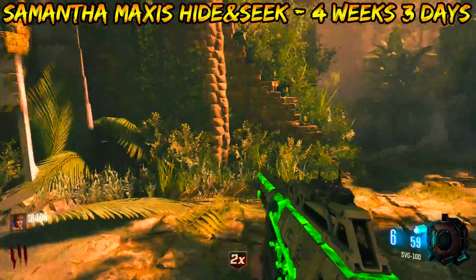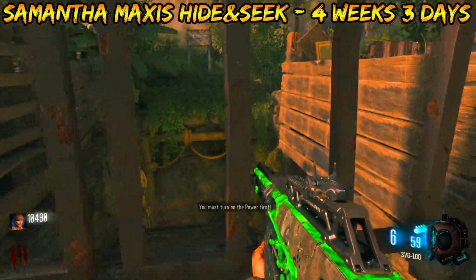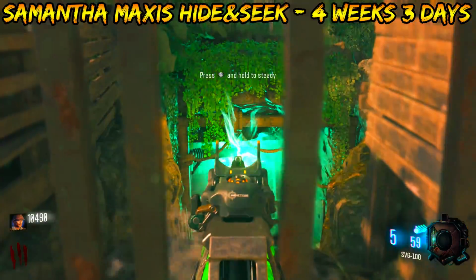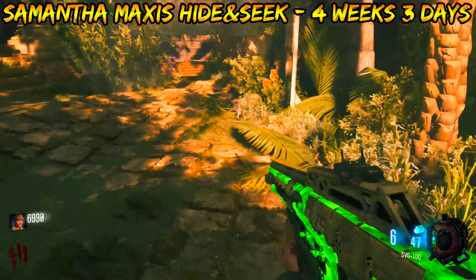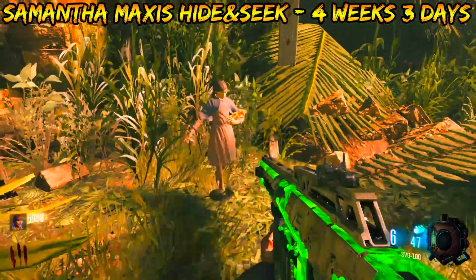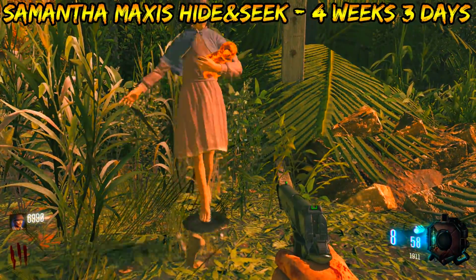go and find 5 Samantha Maxises around the map that are spinning around in doll form. Now they are all along the minecart shaft, so they are super easy to find, and once you find every single one of those, make your way back to where you found the original Samantha Maxis, and she'll be there spinning on the ground, ready for you to interact with her, pick up the max ammo, and then activate the